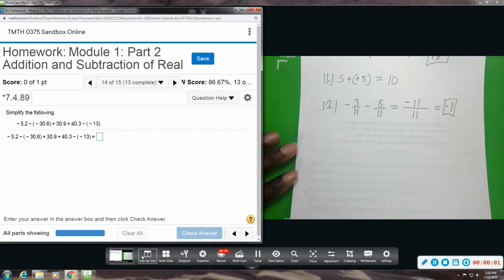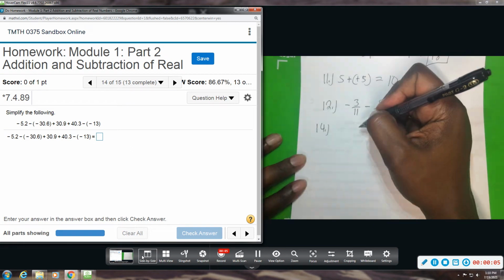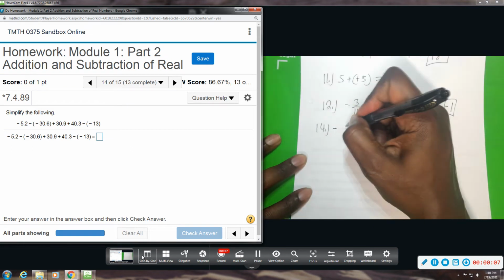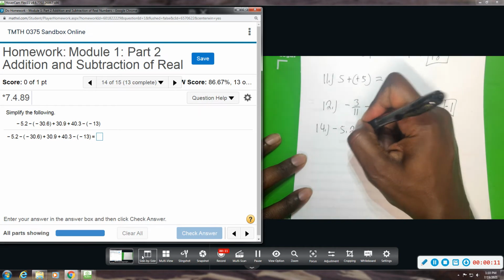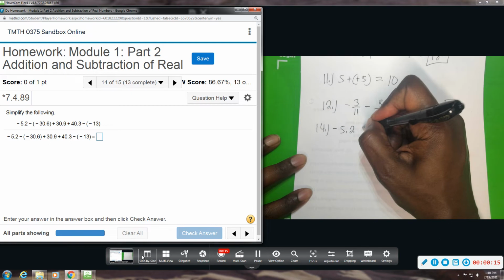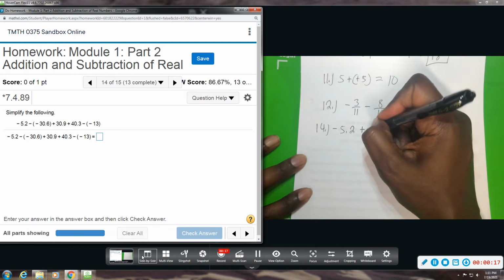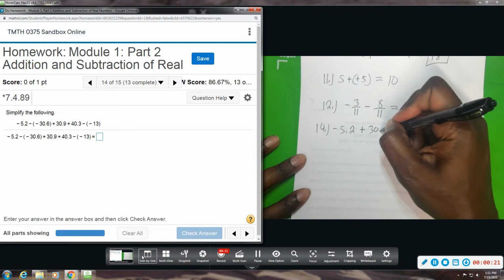All right, number 14, we want to simplify. We have several expressions going across here. So we have negative 5.2. All right, now I see minus and negative, so I'm going to go ahead and change that to plus. So it's a negative 5.2 and then minus a negative, which equates to plus 30.6